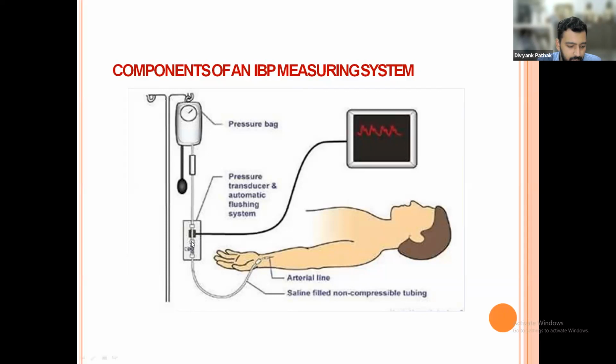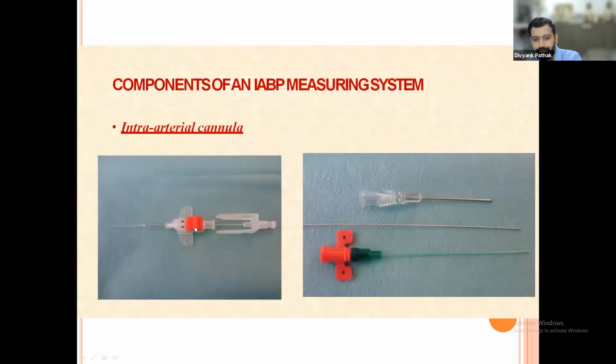There is a 3-way, and this transducer is attached to the monitor where we can see the waveform. This saline is coming from a saline source which is under pressure, so that a continuous saline force can be there. Otherwise blood will come out from here. If there is no sufficient force, this can be done by this or the infusion pump, both can be used. Now there is the importance of the 3-way here.